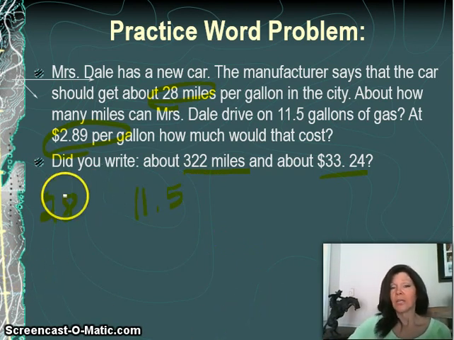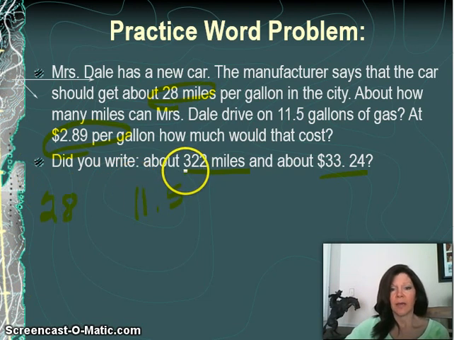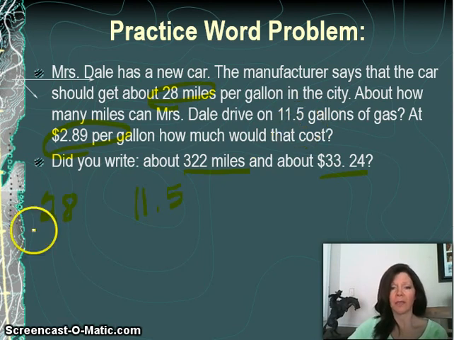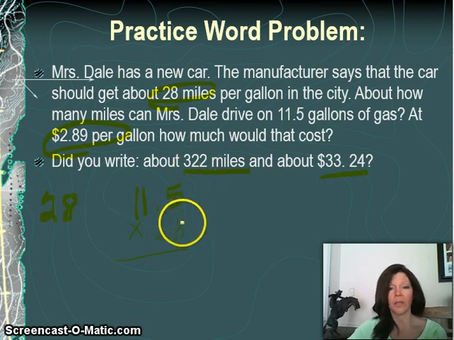All right, so let's see how you figured this out. To figure out how many miles, first off it asks you, what are my questions? How many miles can Mrs. Dale drive on 11.5? So you have to multiply 11.5 times 28, and if you multiplied 11.5 times 28, you would have gotten